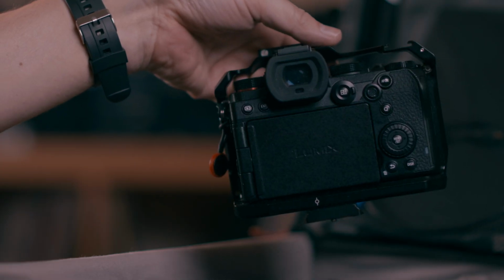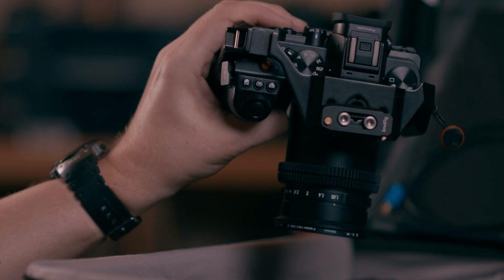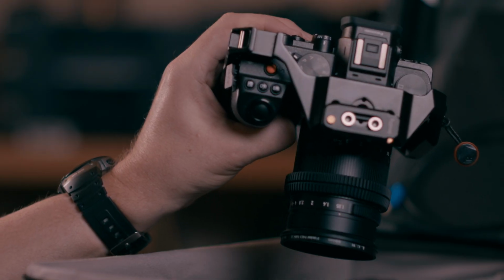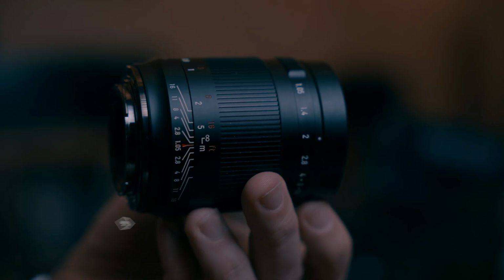I cannot not mention this camera. I absolutely adore and love this camera for video and photography work. It definitely doesn't get enough credit from people because everyone criticizes the autofocus. It's not bad at all. It's totally usable in most scenarios. But most of the time, if I don't review lenses on it or don't use my 50mm on this or my 20-60mm, I use manual lenses like this, 7Artisans 50mm